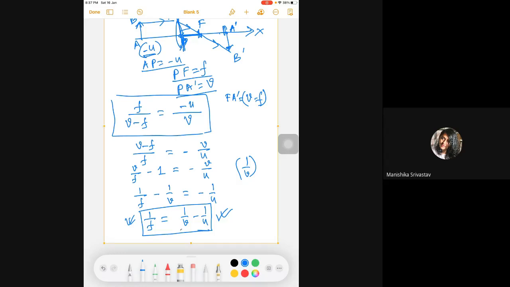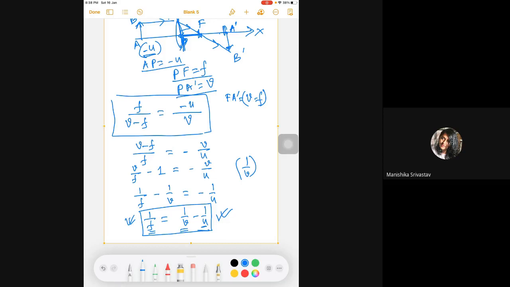So this is the focal point, the focus. This is our image distance, not image length, the distance of the image. Where from? From the pole. Focus means where it is, from the pole. And this is the distance of the object. Where from are we measuring the distance? From the pole. And the pole is on the lens, in the middle of the lens, that is the pole.